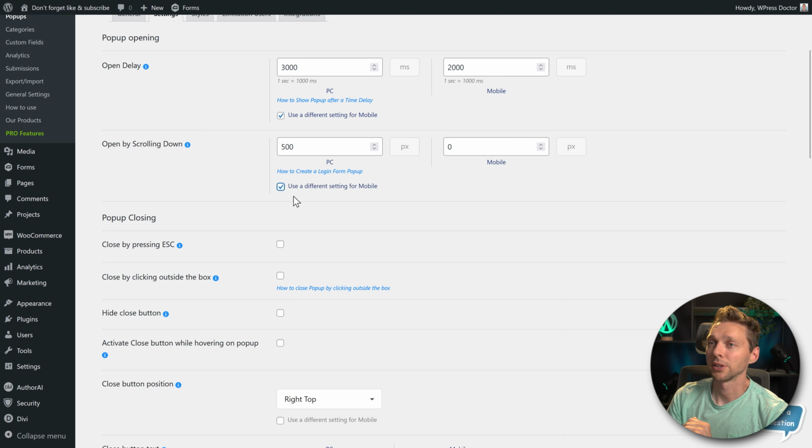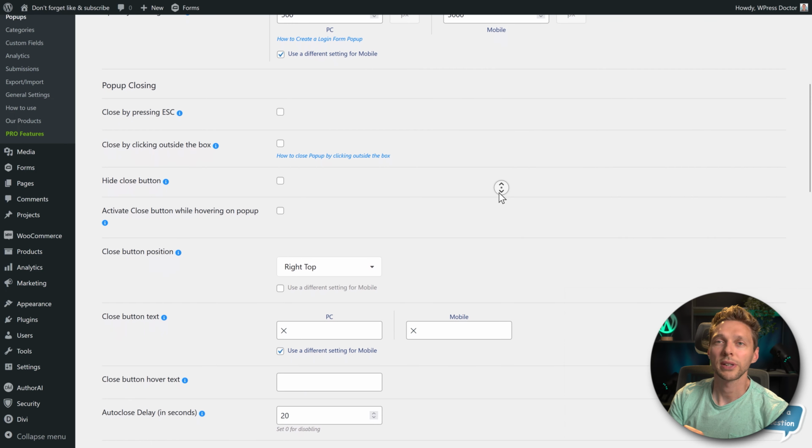I would definitely recommend using a different setting for mobiles, as a mobile screen is of course way smaller. Most use 360 by 640. So then you can imagine if you scroll down 640 pixels, then someone has to scroll their entire screen. However, on mobile devices, you do that very often. So you might want to consider putting this up to, well, I don't know, 3000 pixels maybe. And then they are swiping, scrolling, and then they can see it. Because websites on mobile are way longer than on desktops.